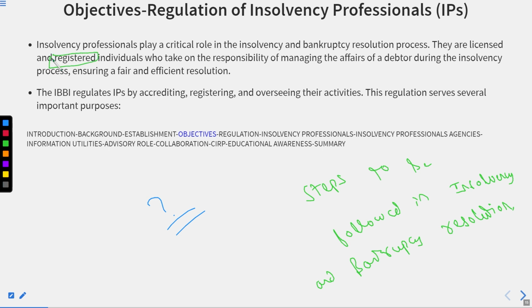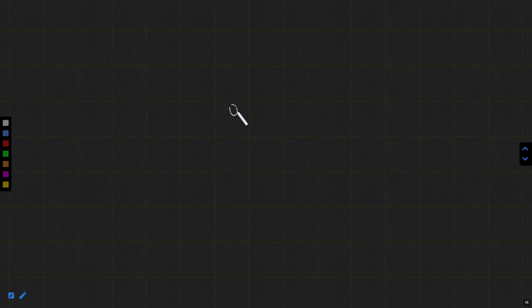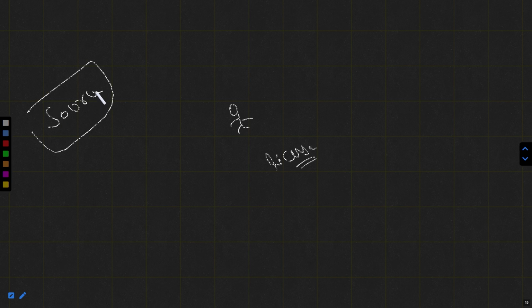with the IBBI. And they are also licensed with it. It means that they have been granted a formal power by the IBBI to carry out operations. Remember, not only they, whenever any individual, firm, or corporate obtains a license from some source, then that particular source which has granted the license will act as what?